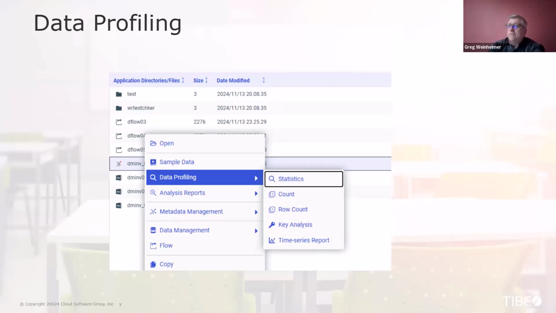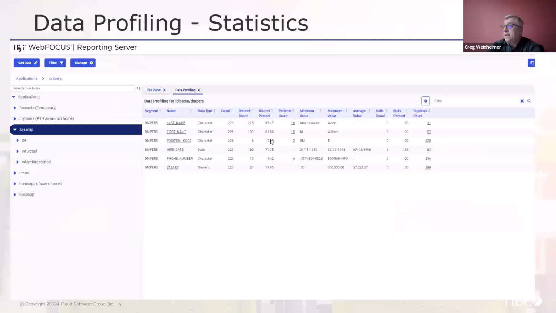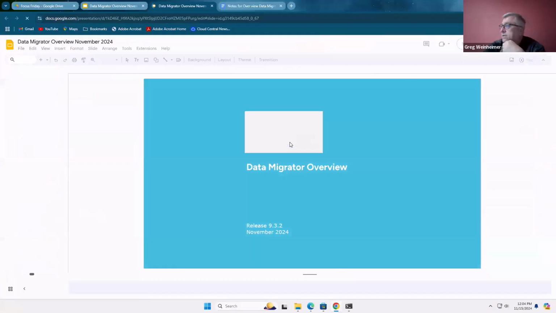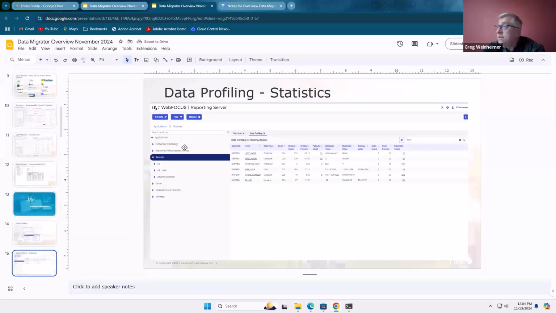Okay, so for profiling, you have multiple different profiling reports we can run. There's a statistics report, which will show you statistics about each of the fields in your synonym: counts, row counts. There's key analysis and time series analysis. Again, the statistics report shows you some simple information, but things that come in handy, like distinct counts, a piece of information that will help you decide